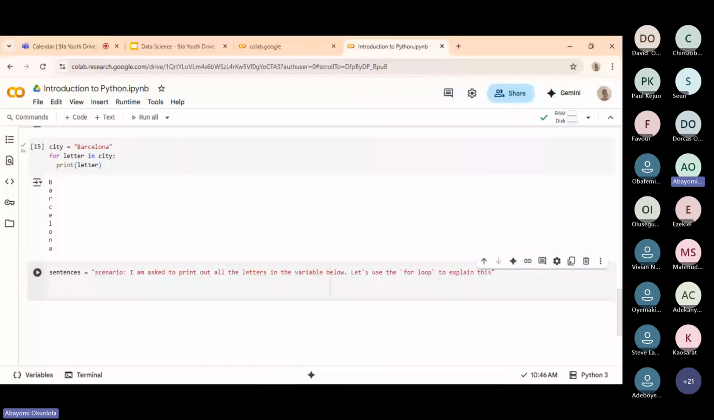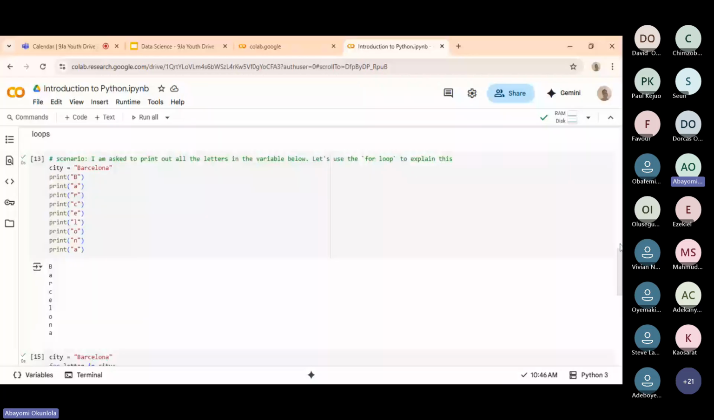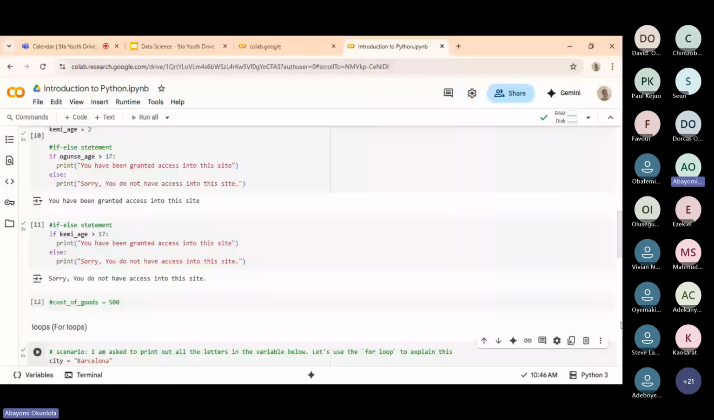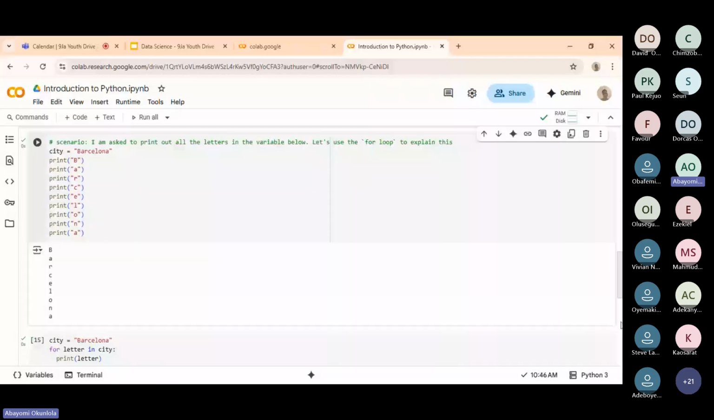Remember, it is called a for loop. Let me write that here also. Loops. So here I'm talking about the for loop. That's what I'm talking about here. I'm not talking about the while loop. So for loop. So I write for